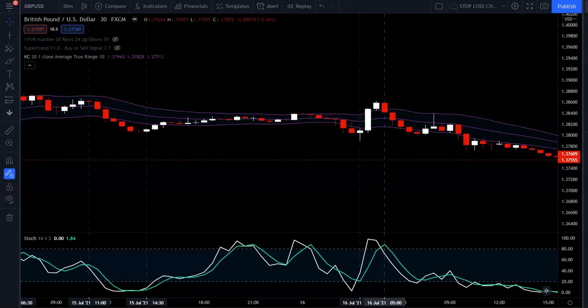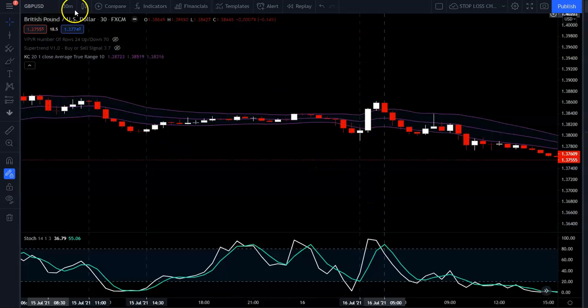And so today I wanted to go over the Keltner channel. I want to teach you how to utilize this indicator so that you can utilize it to your profitability. All right, so let's just go ahead and get started. All right. So as you see here on the chart, we're actually on the British pound sterling and